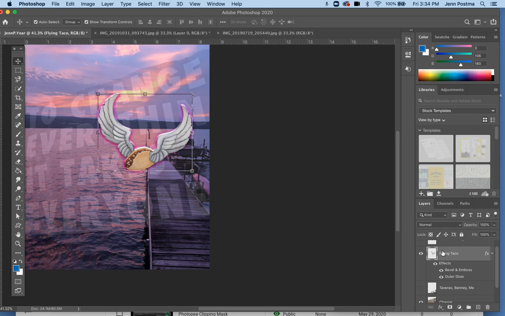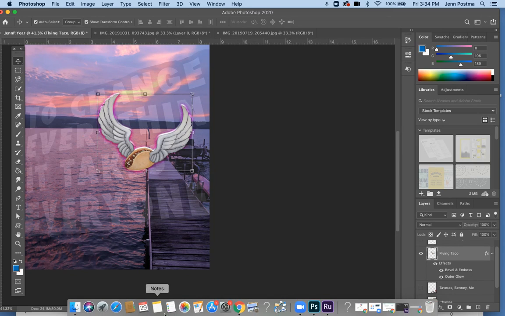So if you look here in my layers palette, you'll see I have my Flying Taco. I can turn all of the effects on or off by clicking on the eyeball, or just some of them. Maybe I don't want the bevel. Maybe I do. I can't quite decide actually. And that is how you apply